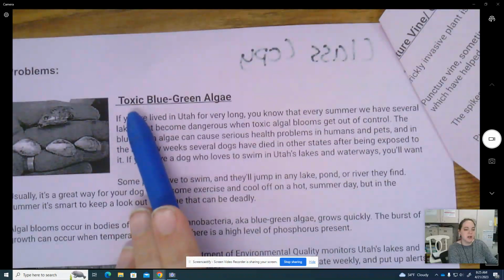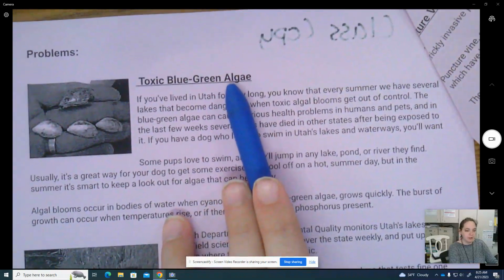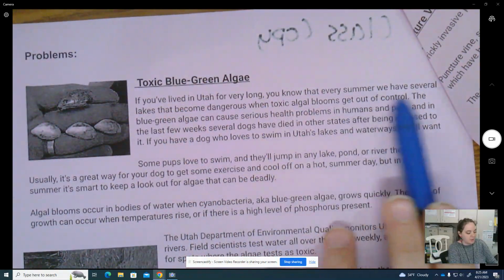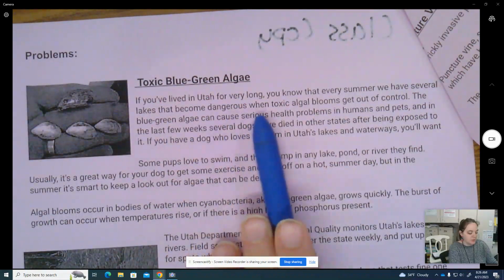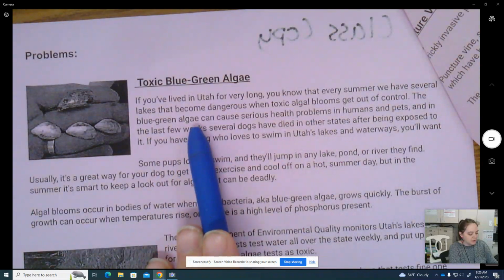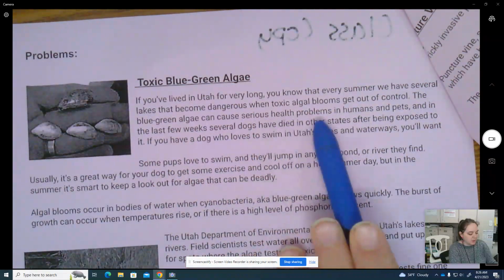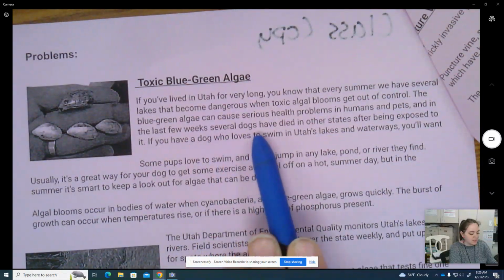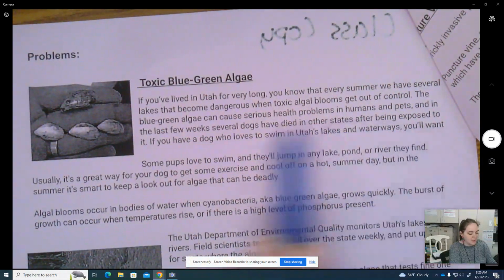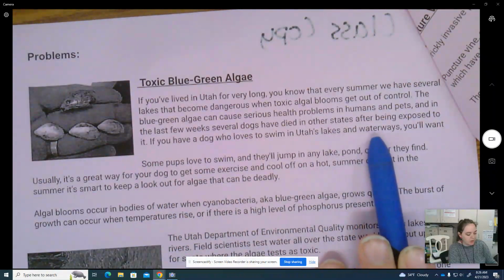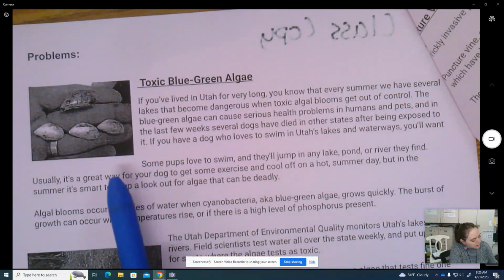The first is toxic blue-green algae. If you've lived in Utah for long enough, you know that every summer we have several lakes that become dangerous when toxic algal blooms get out of control. The blue-green algae can cause serious health problems in humans and pets, and in the last few weeks, several dogs have died in other states after being exposed to it. If you have a dog who loves to swim in Utah's lakes and waterways, you'll want